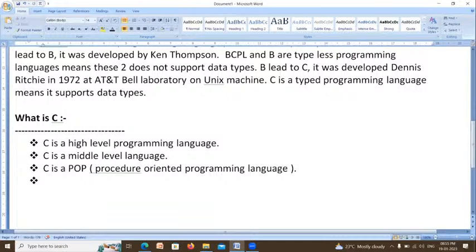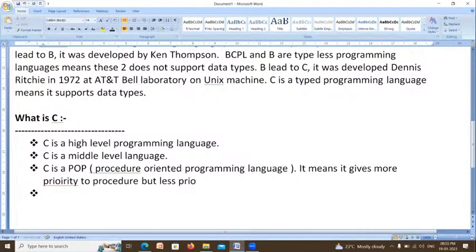The meaning of this is that it gives more priority to procedure, but less priority to data. That is the meaning of that. Right.